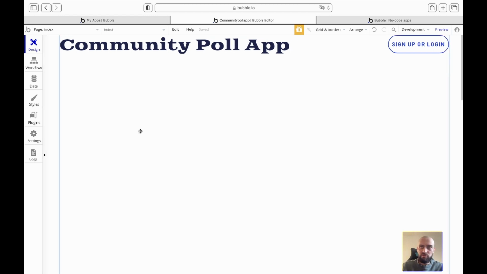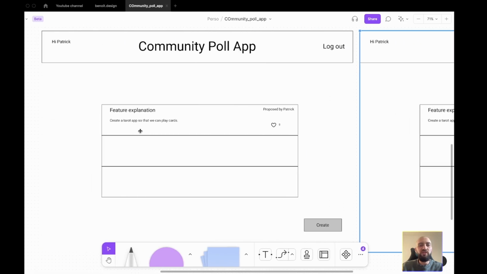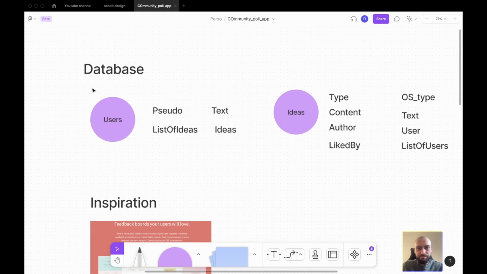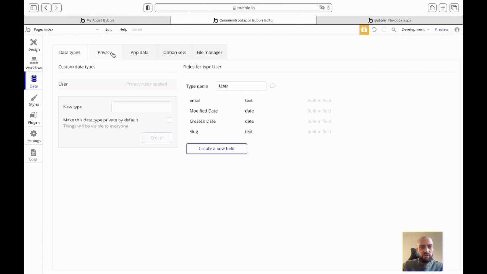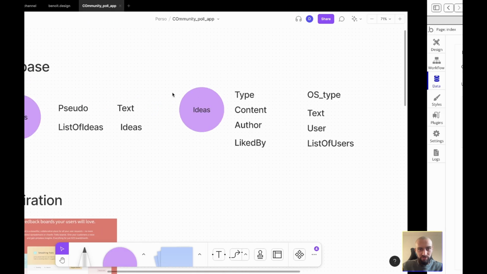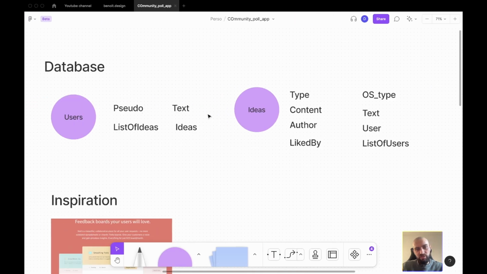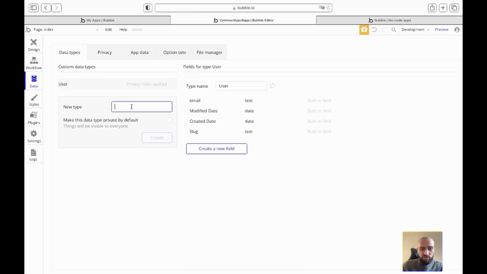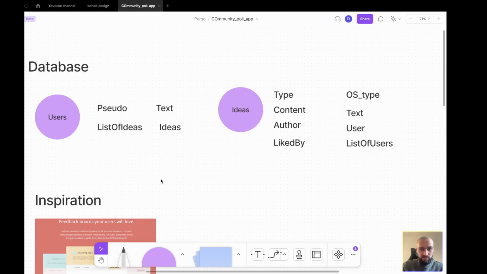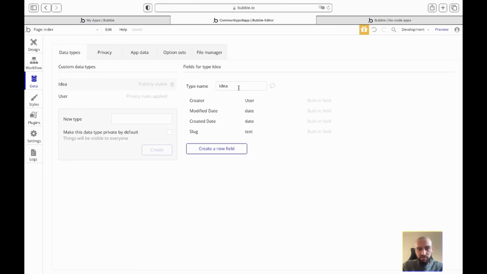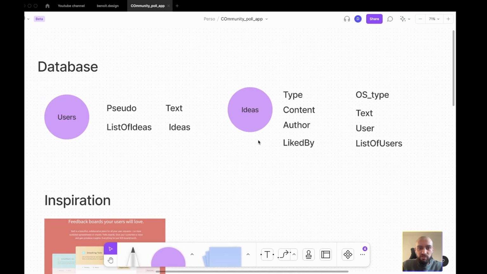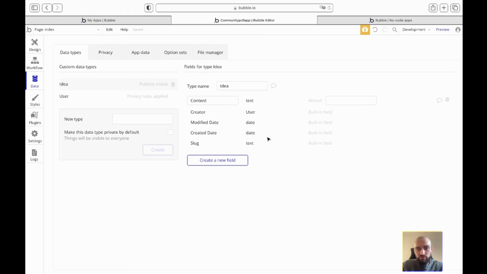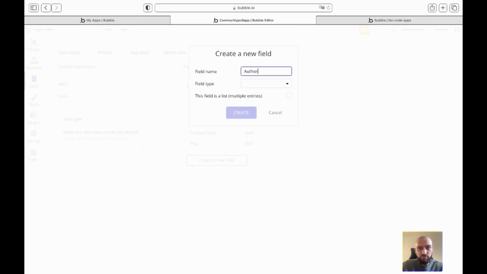What I wanted to do in the first place was the database thing, so I will just go back to it. So yeah, let's just do the database first. The user field is already here, so I will need to create the ID first so that it can make sense. So ID, in an ID we have a content, which is a text field, and then the author would be a user,